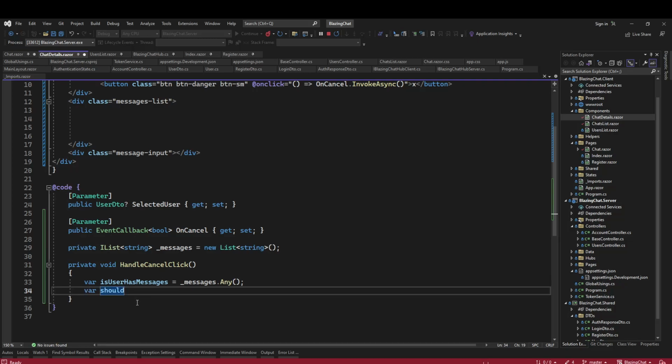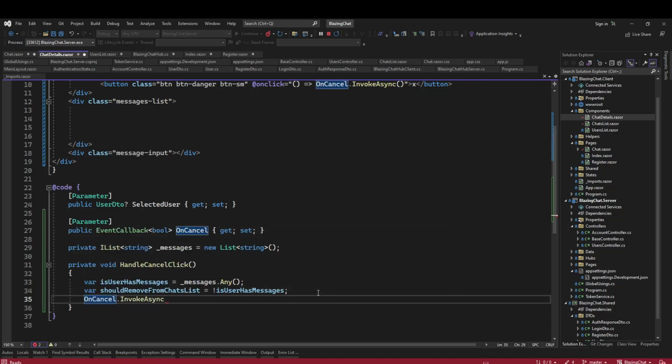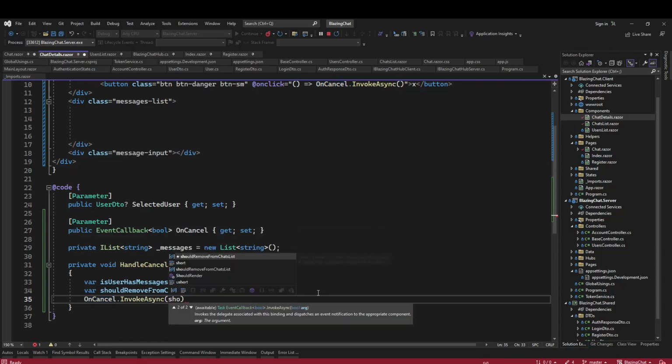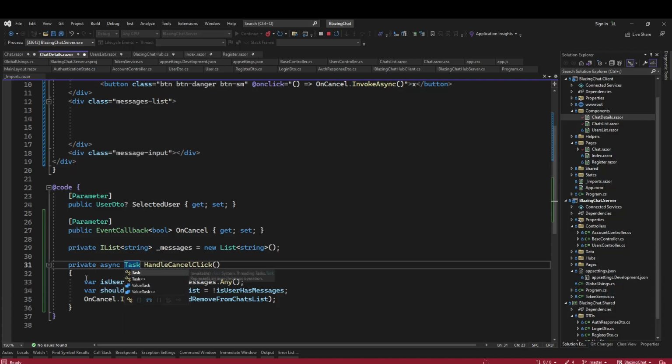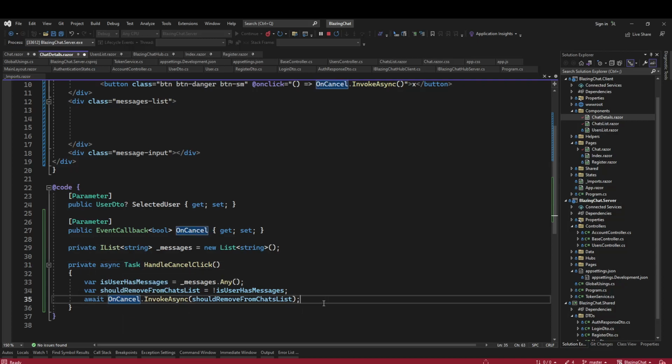where should remove from chats list. So it will be the opposite of is user has messages. So if user does not have messages, then we should remove this from here. So we will call this on cancel dot invoke async, and then we will pass this should remove user from chats list. So let's change this to async,